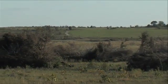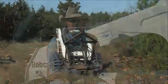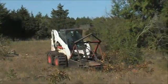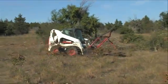Well, welcome to Middle Creek Ranch. This is a 15,000 acre cow-calf and stocker operation that has a lot of brush on it. I'm Yates Adcock. I've operated the ranch for 22 years and been blessed with being able to use a Marshall tree saw since about 2005 here, off and on through the years, and it's been a great tool for us